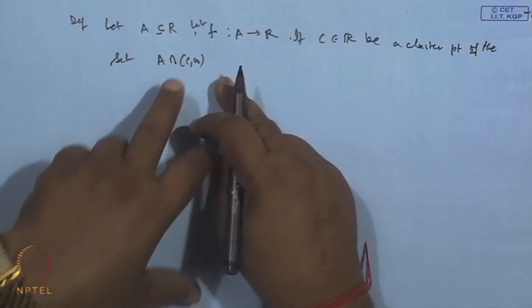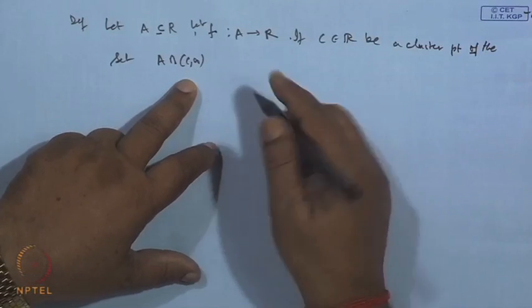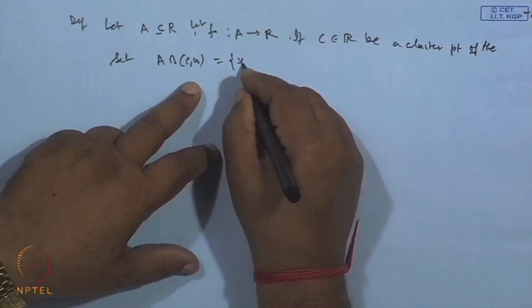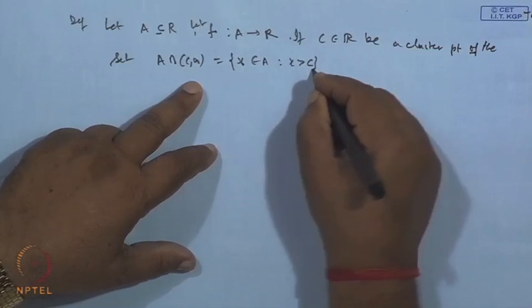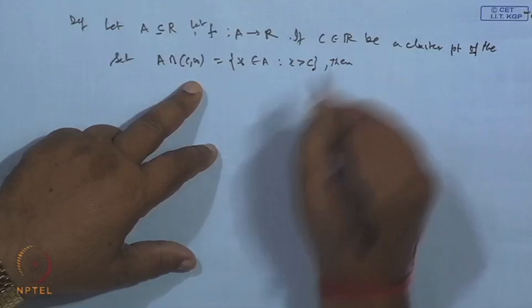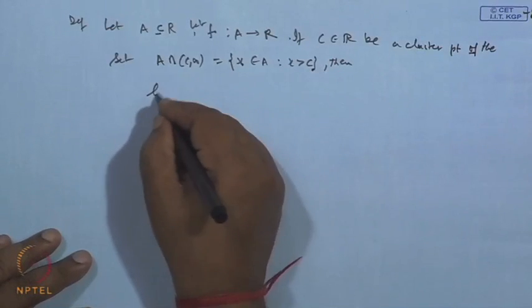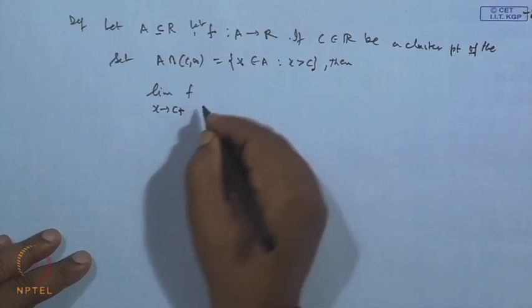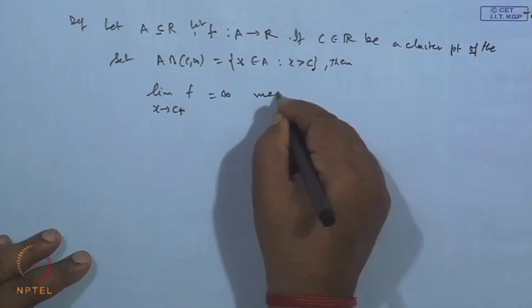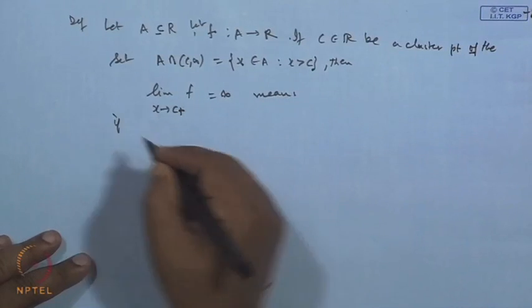That is the left hand limit and right hand limit; we are giving the concept here. x belongs to A where x is greater than c. Then the limit of f when x tends to c plus is infinity means